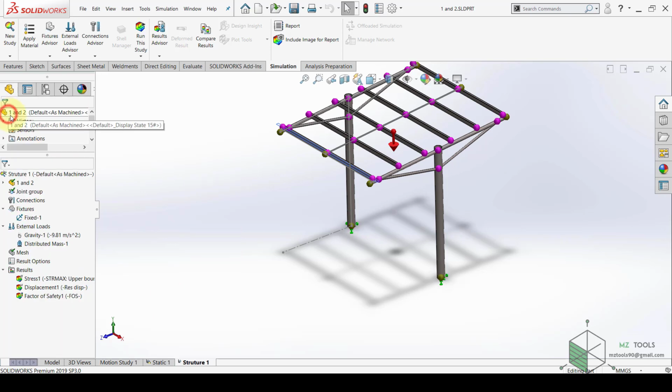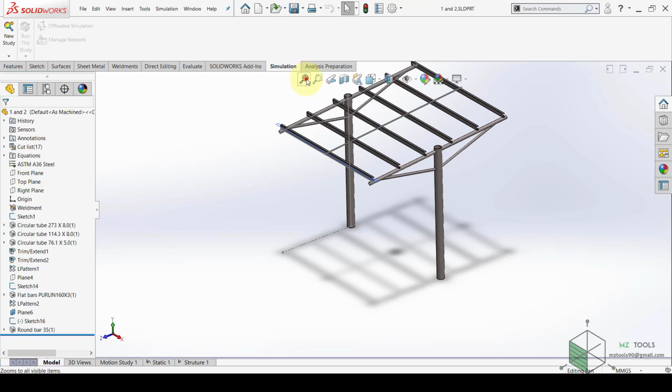Hit OK, and now let's go back to Model, to Features,